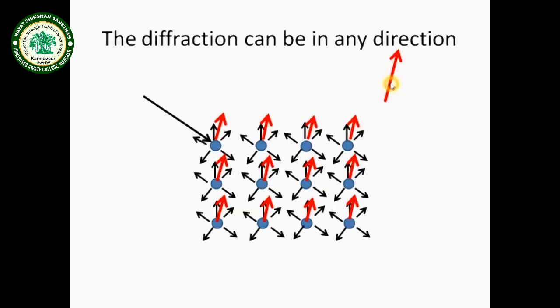Here we have taken an arbitrary direction, and this is the direction along which we are getting maximum intensities, or the emissions will meet in phase. If this is the other direction, then Bragg said that for this particular direction as well there exist different atomic planes, and these atomic planes act as a mirror. When X-rays are reflected from different atomic planes, they are simply reflected and they will produce the constructive and destructive pattern there.